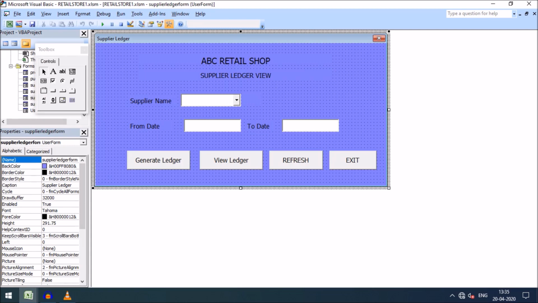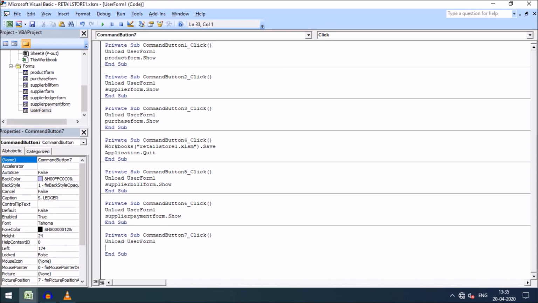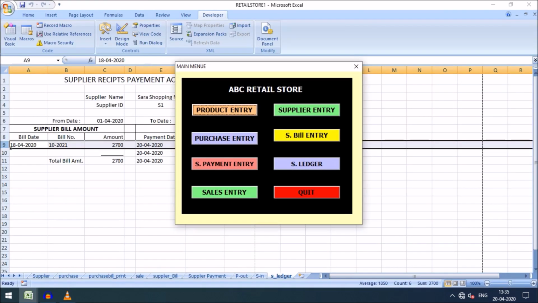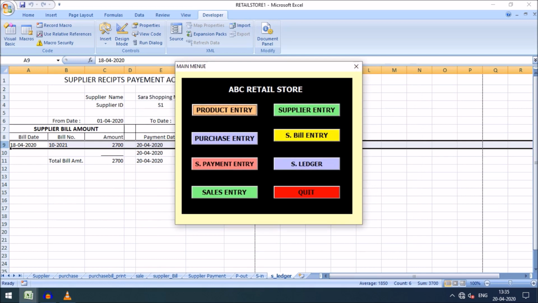Here, in this section, the spelling should be correct. Just going back, go there, and this section dot show. So if I run this, show ledger, yes, this is being shown. So this is showing exit, yes.